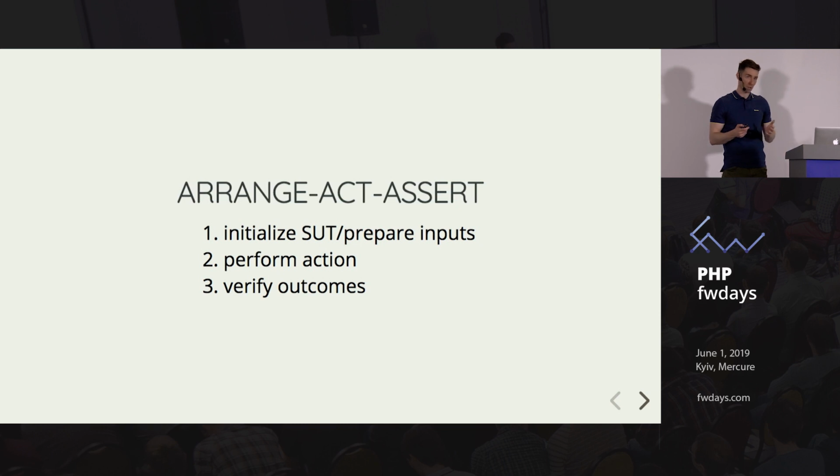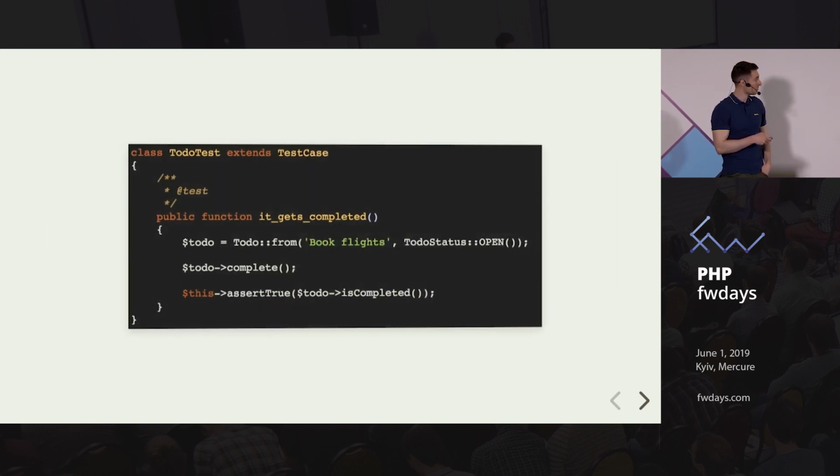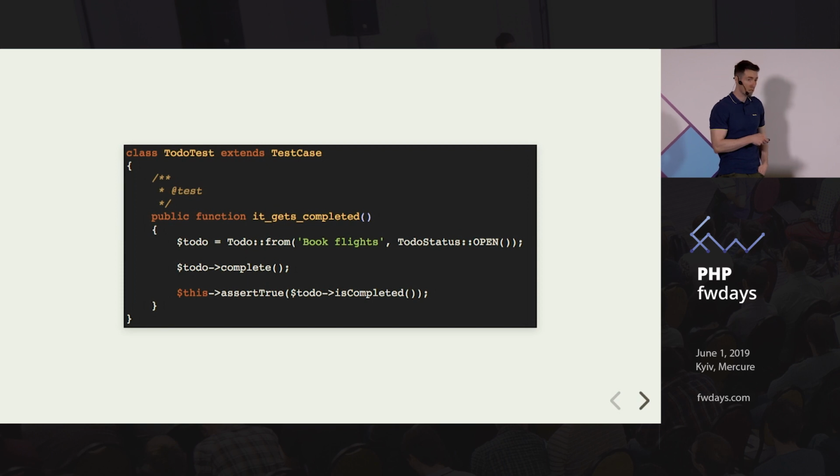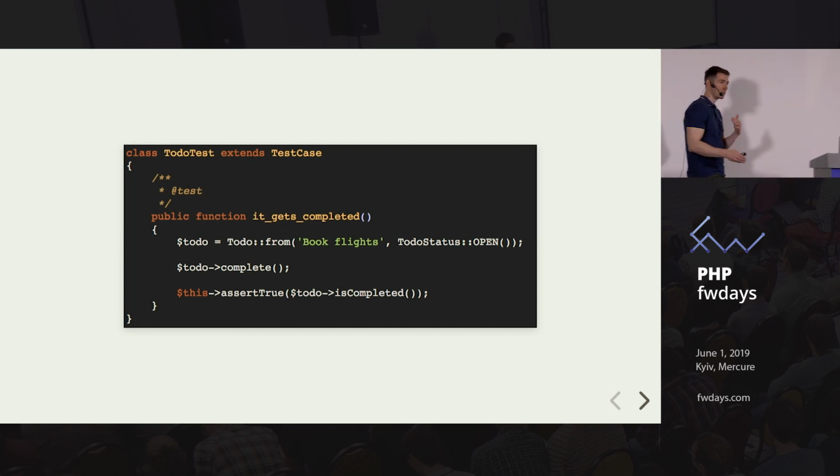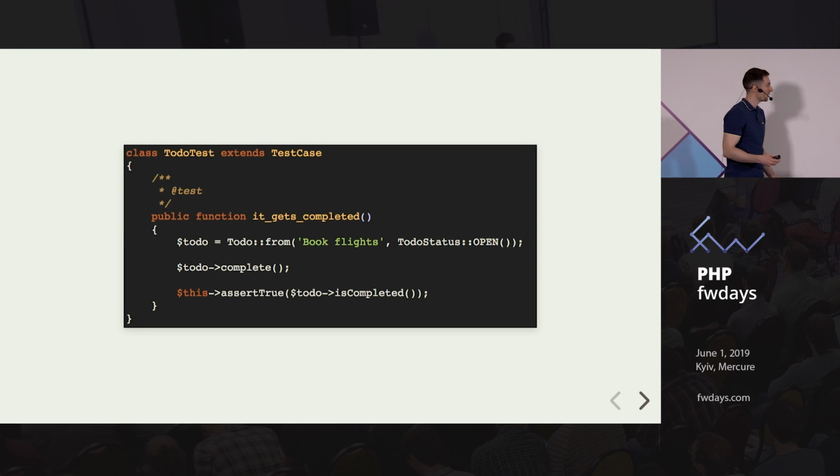And even if you haven't heard of this pattern, most of your test code naturally follows it, right? So first you do some initialization of the object that you are testing, you initialize inputs, then you act on that object, and then you verify outcomes. And that expect exception thing kind of violates this principle, and I like all my test code and all my